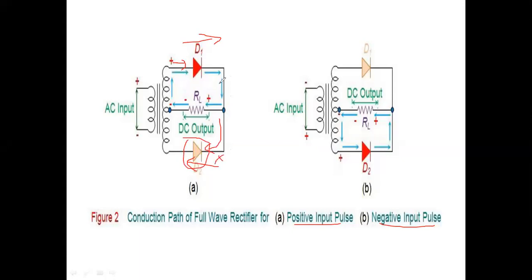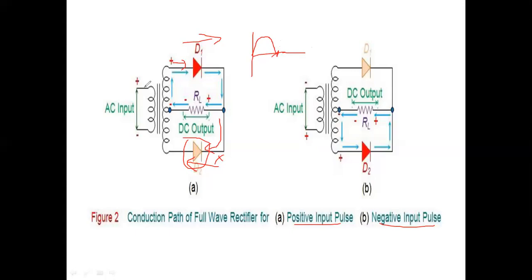So all the current will flow through the load resistance here now for the positive half cycle. So across the load resistance, for the first half cycle, the DC is equal to the AC here now. This is the DC output. We got the first DC output for the first half cycle.